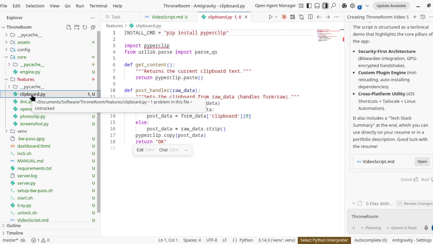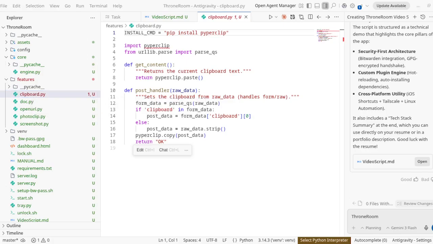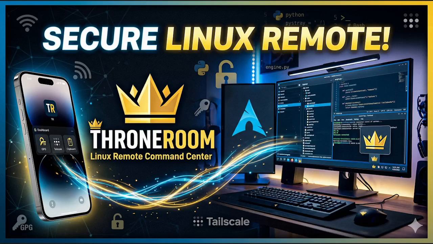with ThroneRoom. So just wanted to show you guys this really cool app that I been working on. You know, it's something I've been using for over a year right now, for over half a year almost. I did it back in October, I think, October, November, 2025. Yeah, just wanted to let you take a look into my portfolio and see one of the things that I've been working on here